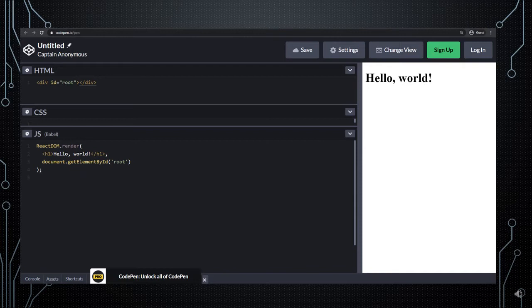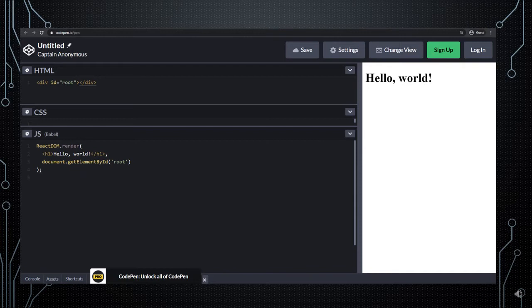Here is the HTML page. I use CodePen mostly. In CodePen, if you write in HTML, it's a div tag. I simply give it an ID, root. The CSS is blank, and in the JS file there is ReactDOM.render. If you are familiar with some JavaScript concepts, then you know what the DOM is.